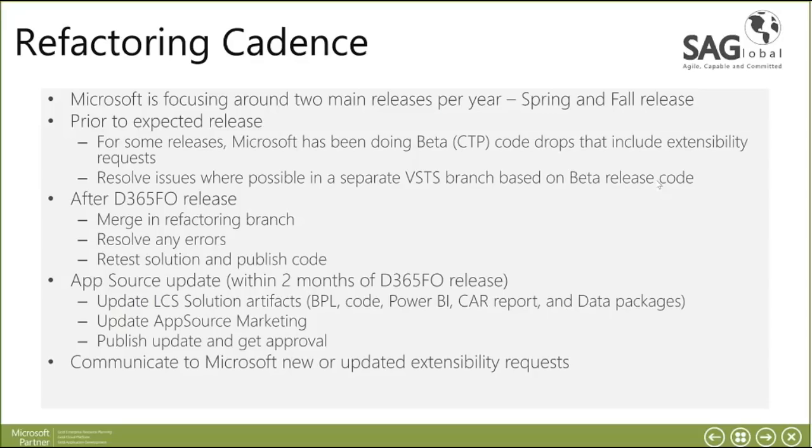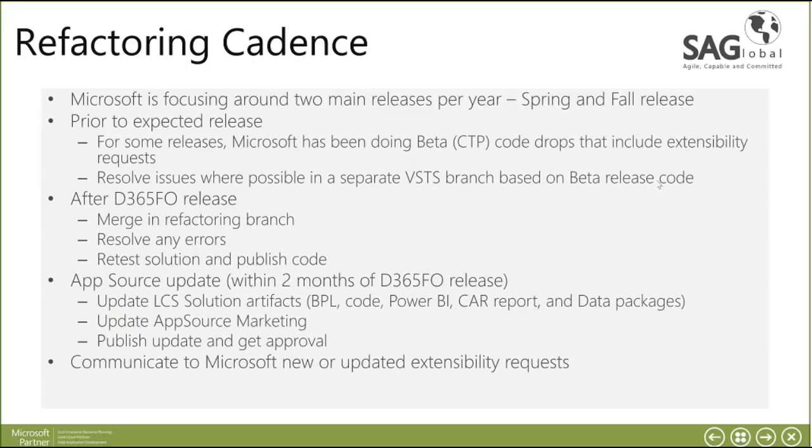Or sometimes they also do application beta code drops where we can start testing our extensibility logic on their beta code. So if we're doing that refactoring work ahead of time, we'll branch the code in Visual Studio into a beta release branch